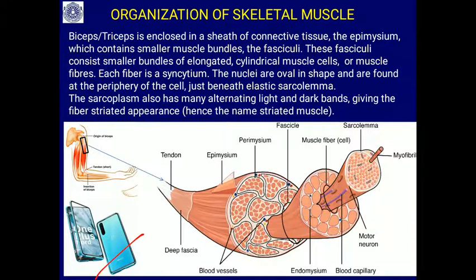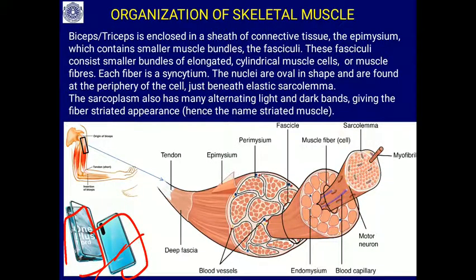Now, the organization of the skeletal muscle. I have shown here a mobile. When you book a mobile online, you get a nice cardboard box. Once you open it, there is a shock absorbing material, then you have a polythene cover, then inside also there is a cover. So many covers, and ultimately you get your mobile. The same thing you will find